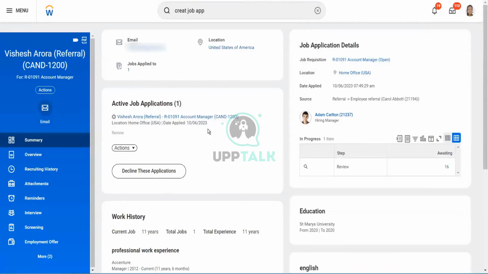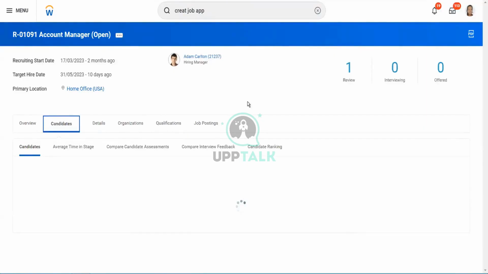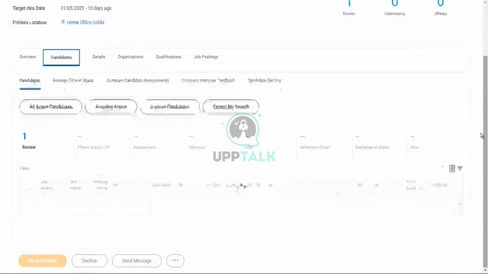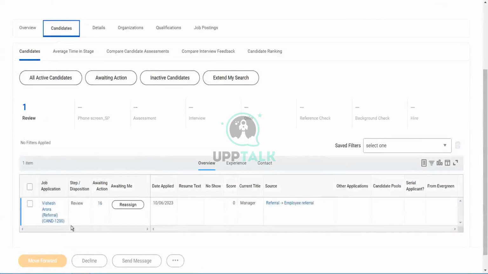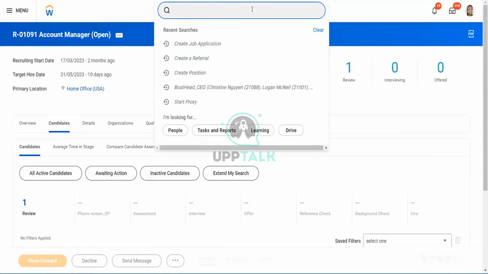Now on his profile, you could see that a job application has been created. If I go and see this job break, I would be able to see my candidate but with a description that it's a reference. That is how it could be distinguished. And the rest of the process is just the same, as we have seen. Now let's talk about the second task. We saw that it didn't relate to triggering of any BP. The other one,